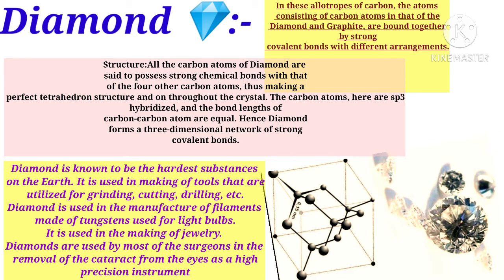And the uses of diamond are: diamond is used as a gemstone on account of reflection and refraction of light. Impure diamonds, that means the impure black diamonds, are used in knives for cutting glass. Diamond is also used in drill bits and rock borers, and also as a polisher. These are the uses of diamond.